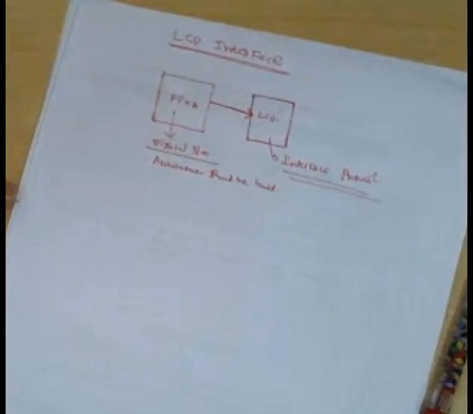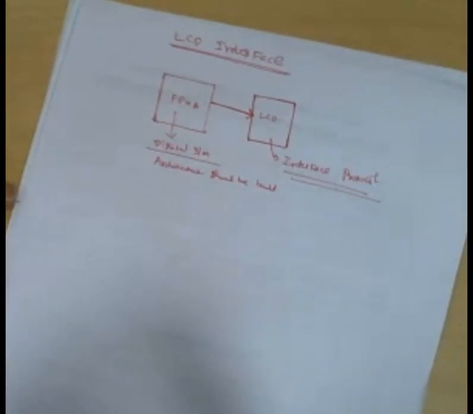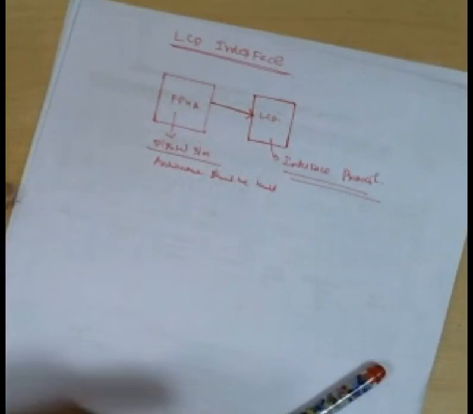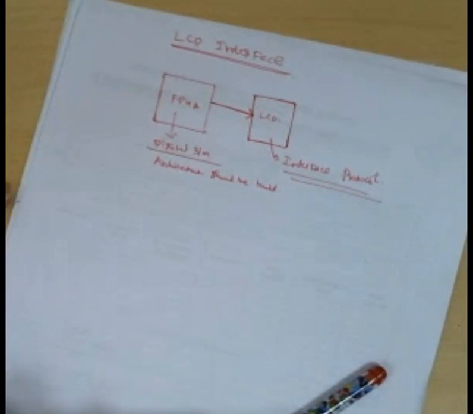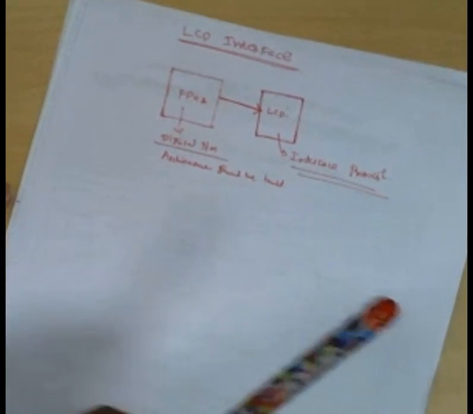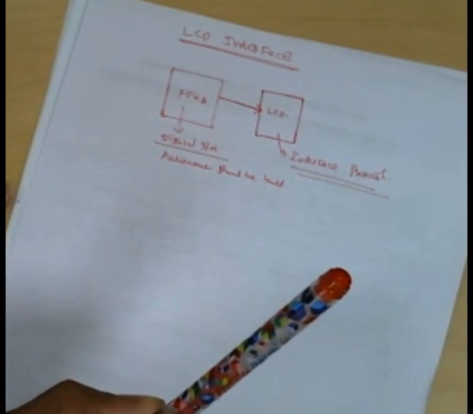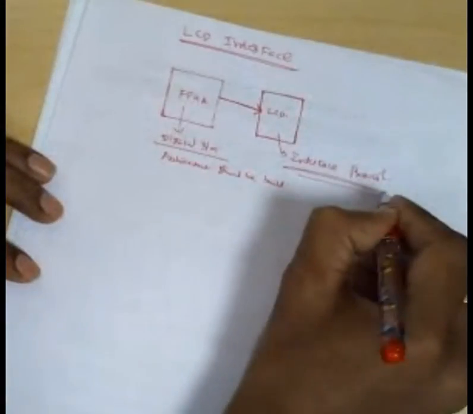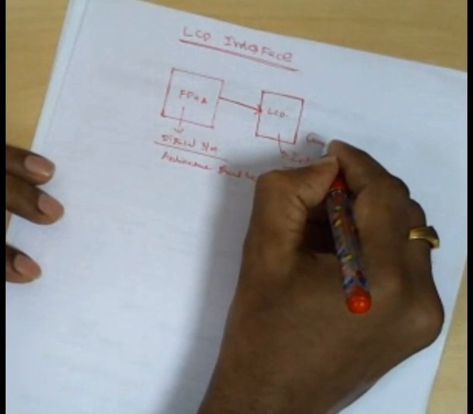The LCD is like a child. That device is somewhere here. I want to make use of this with my FPGA for my application, so I need to listen to this device. I cannot take a stick and say, hey, you understand the Chinese language, you learn, and then you work according to my instruction. That will not happen. So I have to understand what this device will understand. Then accordingly, we need to write the program. That's what we call interface protocol or communication protocol.